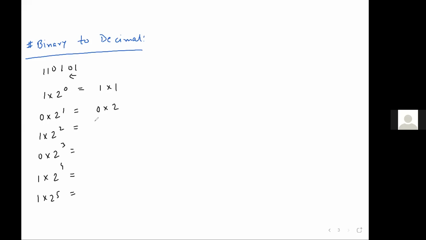0 into 2. This is again 1 into 4. 0 into 8, 1 into 16, and 1 into 32. So if we multiply and then we have to add. So 1 into 1 will give you 1, 0 into 2 will give you 0, 4